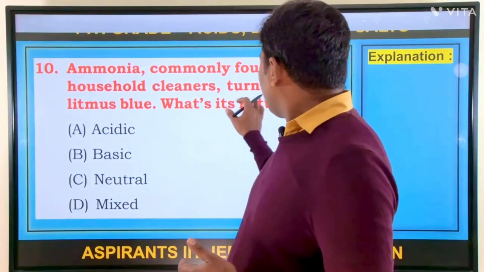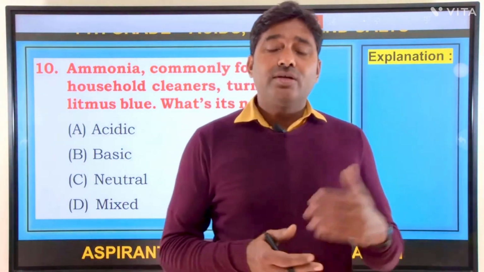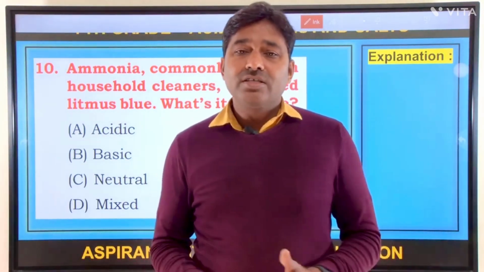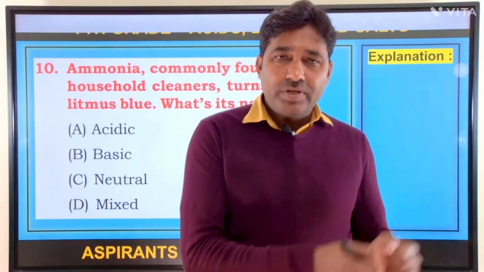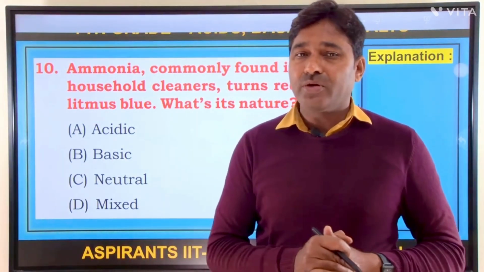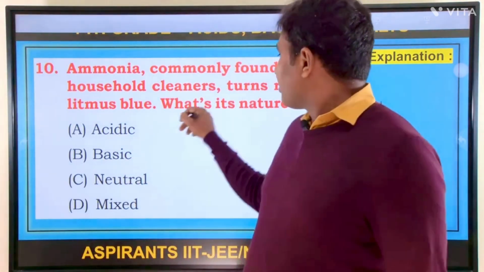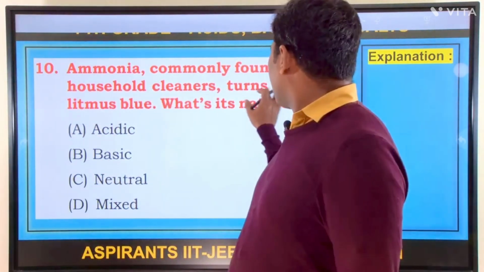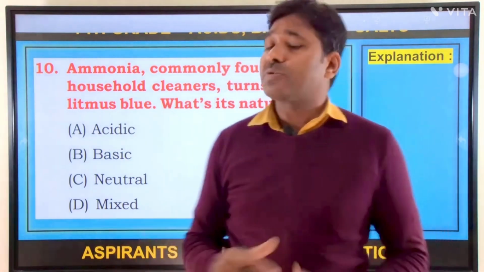Now, if we introduce blue litmus paper into ammonia, it turns red in color. When we introduce red litmus paper into the ammonia, it turns into